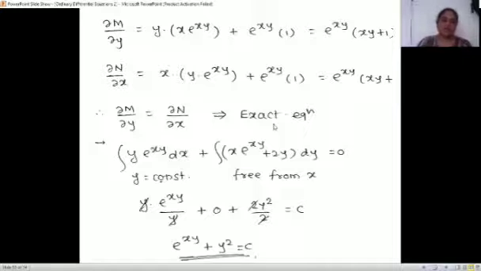And how to solve it? First integration with y constant, for the second, integrate terms free from x. So take y constant here. So y will come outside, and the integration of e^(xy) with respect to x, with y constant, is e^(xy) upon y, plus terms free from x. So x is there, so this term we should not count, the whole term cancels. Just the integration of 2y dy, that is 2 into y square by 2. So the answer is e^(xy) + y² = c.